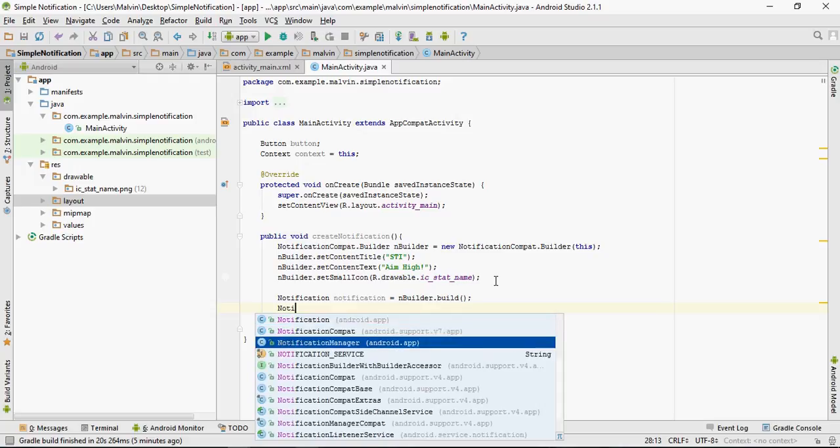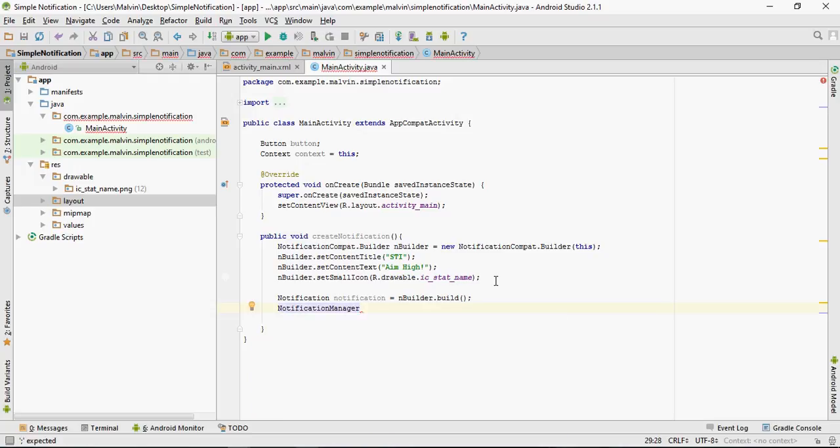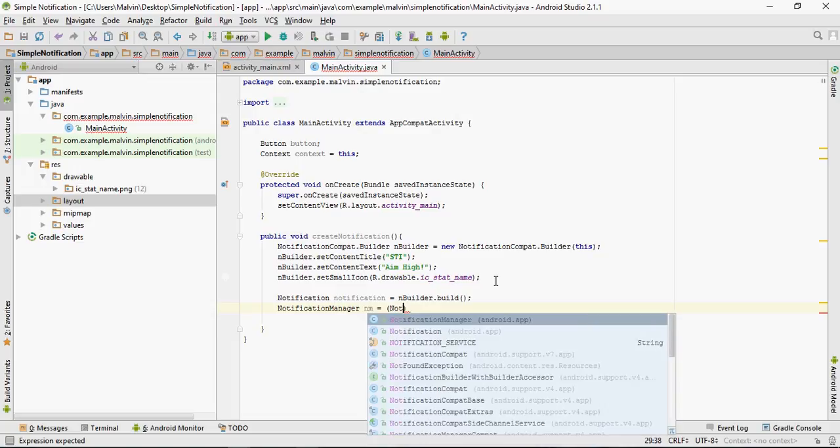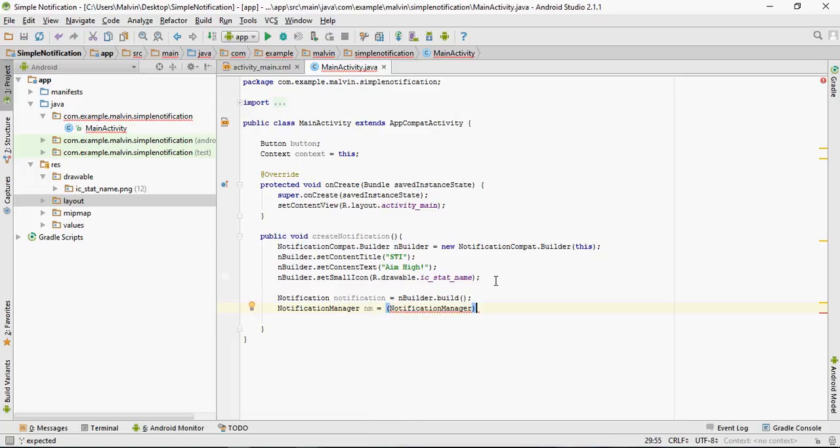So NotificationManager is equal to, so NotificationManager.